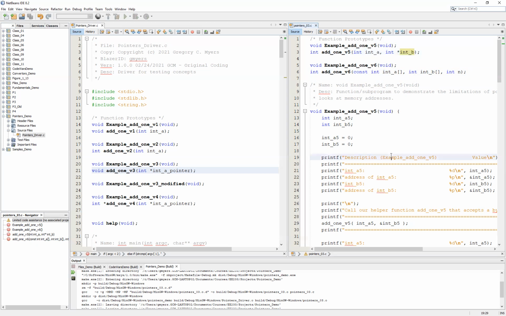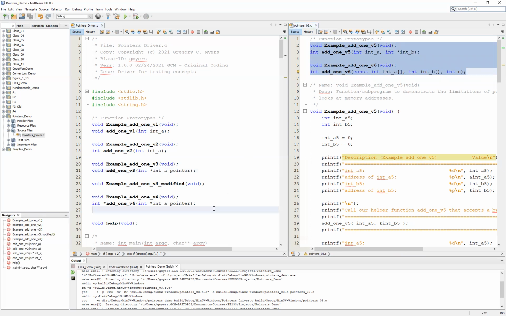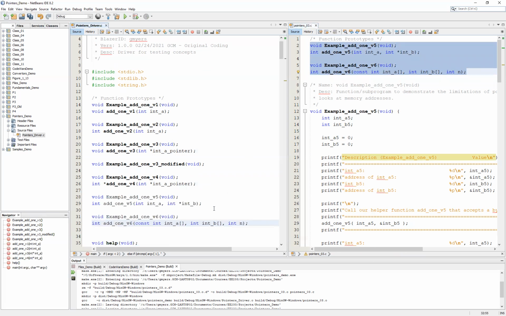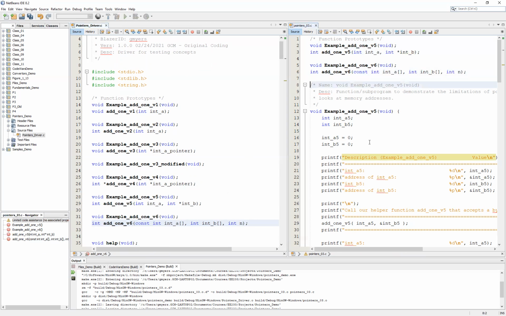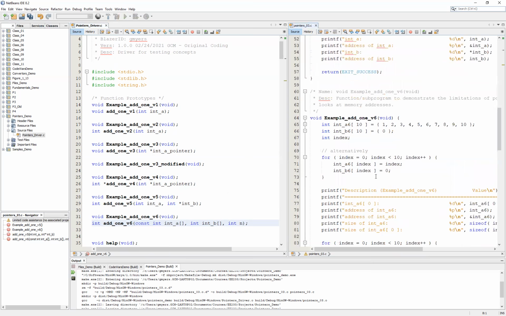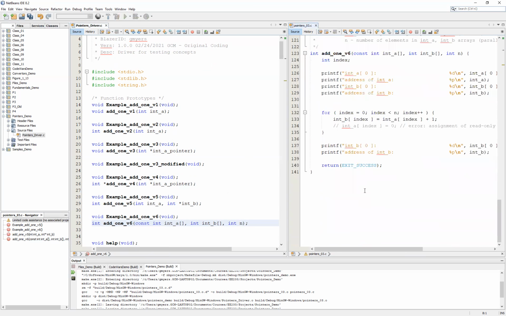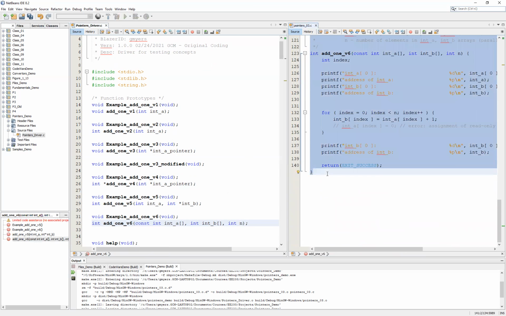So without further ado, let's go ahead and grab a copy of our pointers 03.c. We'll go ahead and move our function signatures, or copy our function signatures over to our list of function signatures in our pointer driver, and then go ahead and add the code that I'm providing for you to the bottom of your function, or excuse me, your pointers driver